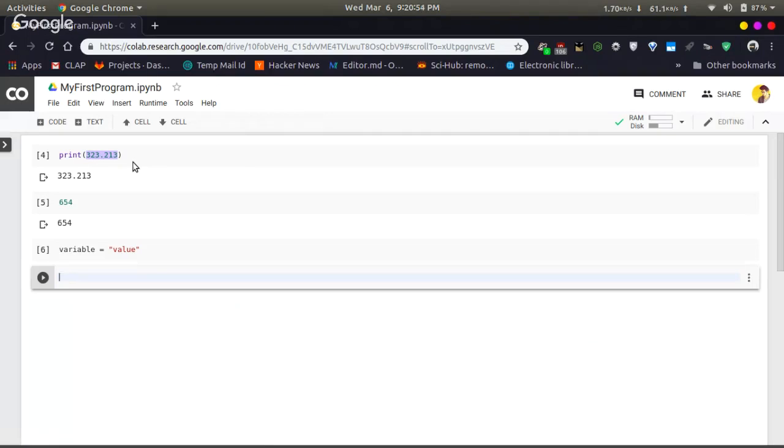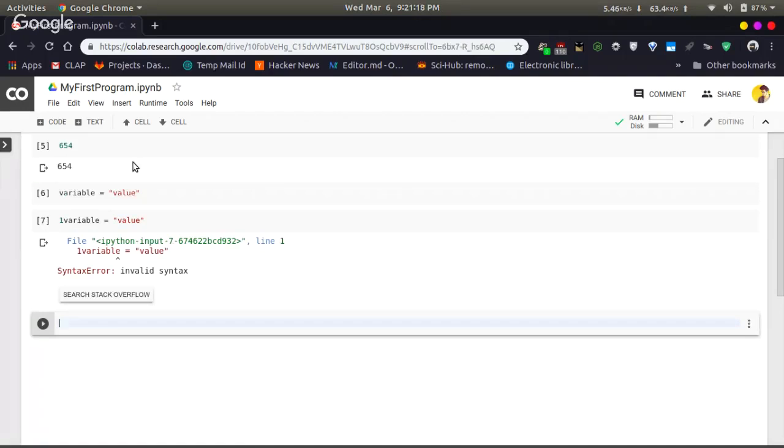There are some rules for naming a variable. You cannot name a variable by starting with a numerical value. You cannot do it like this. It won't work.